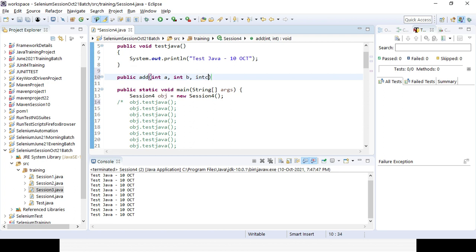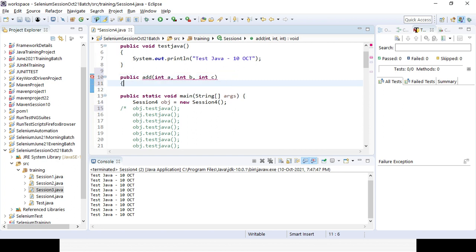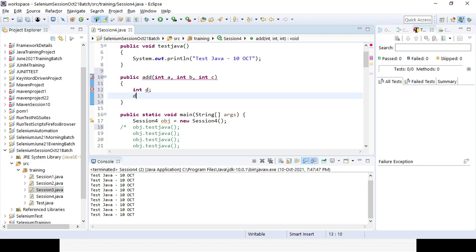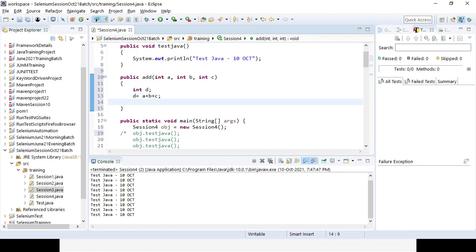These three variables I want to sum. I declare another variable, integer d, where d equals a plus b plus c, and I want to return it. So it will be return d.